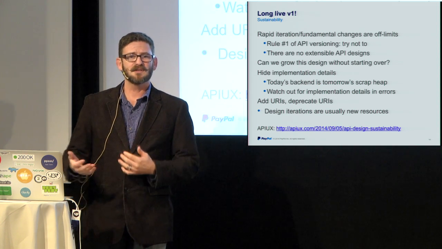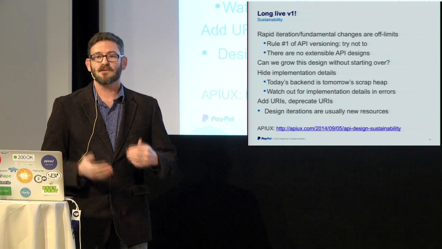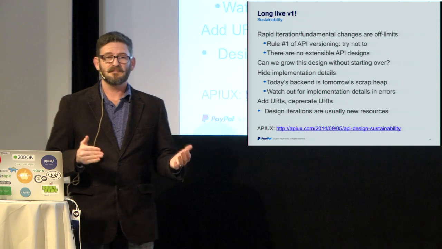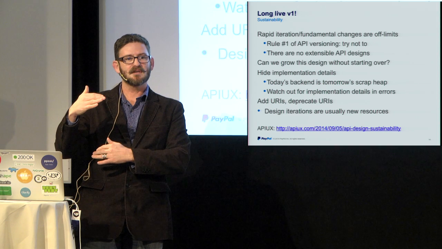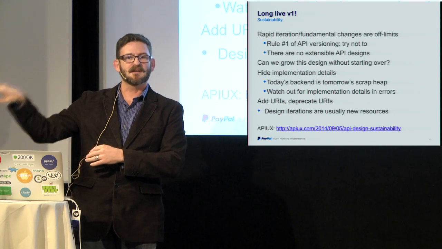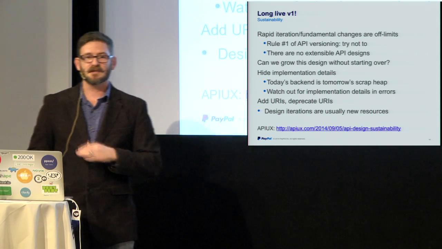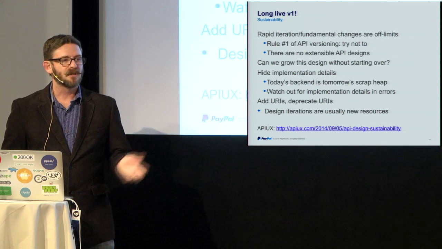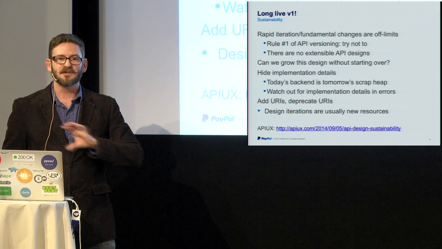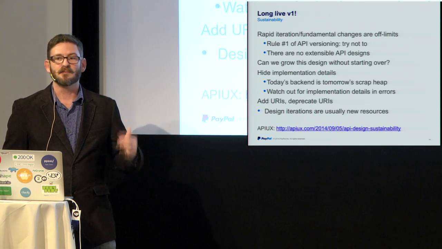So maybe it's a different URL entirely. So we do quite a bit of that. Or it maybe belongs in a different namespace or different capability. And so we can actually stand 2 things up at once, put one on a deprecation plan, and kill it. But so far, everything in the entire PayPal platform is V1. And I mean, that won't last forever, but that's the idea, is let's build a cohesive V1 platform and do our best to keep it in place.